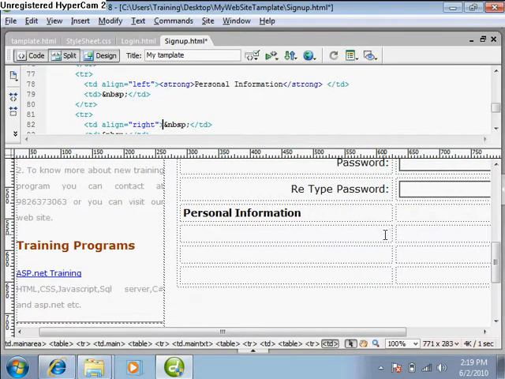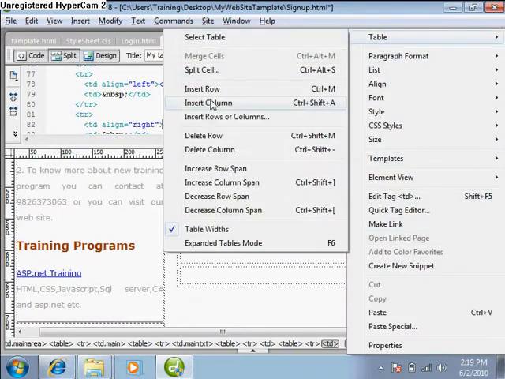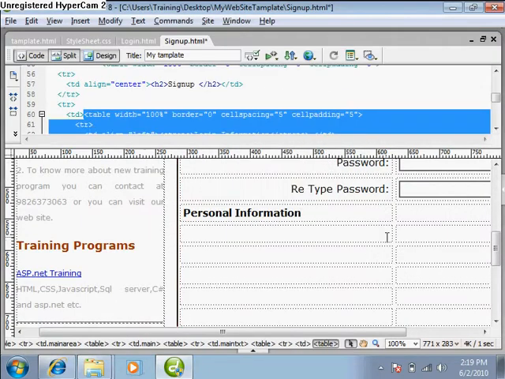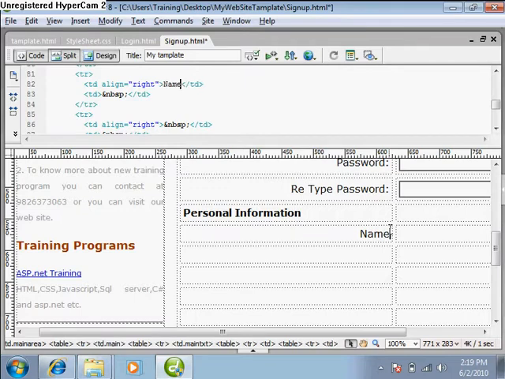And insert row column. Some row we will insert, suppose 5 row below. Okay. Now name, address, city, phone number, mail ID. This is personal information,